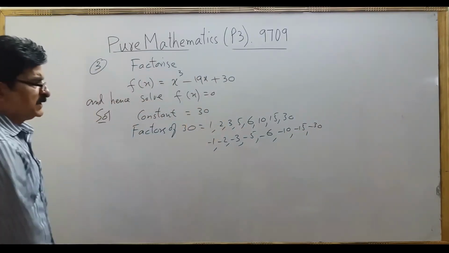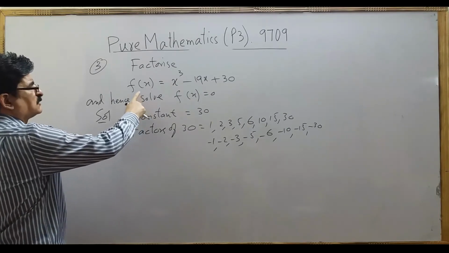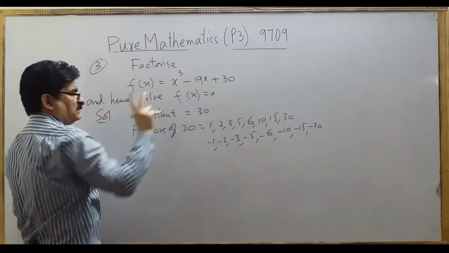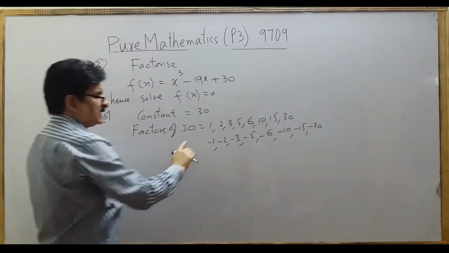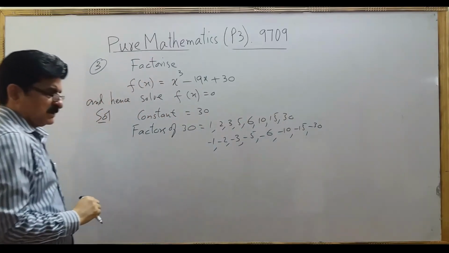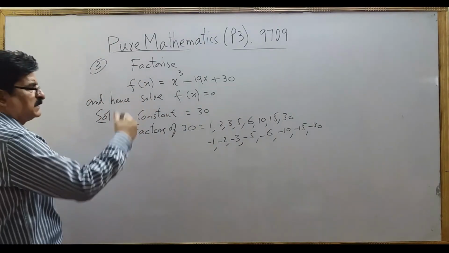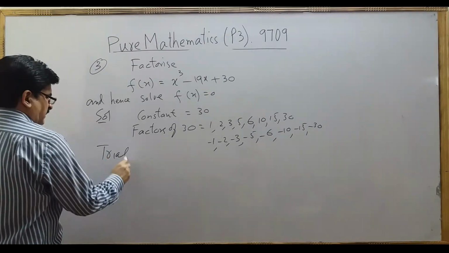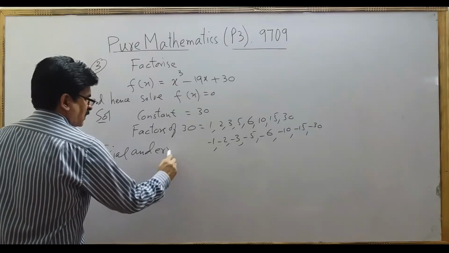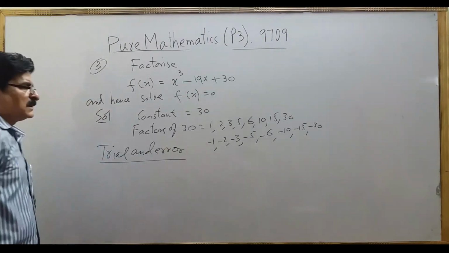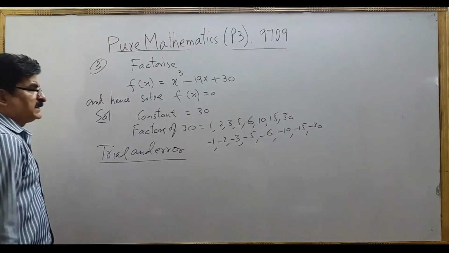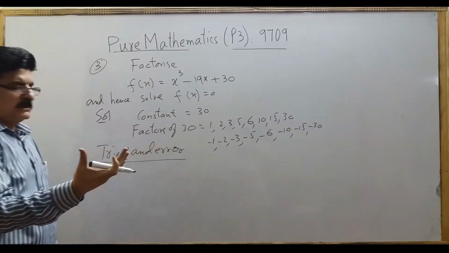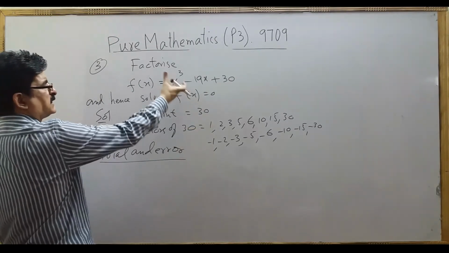Now you know that, as we have seen in two examples, the maximum number of solutions or factors of this cubic polynomial, whose highest power is 3, will be 3. So it doesn't mean that all these are the solutions. Not possible. Only 3 of them will be the solution. So trial and error, again. We have to find one root by this method. So just use the calculator and go on trying these values.